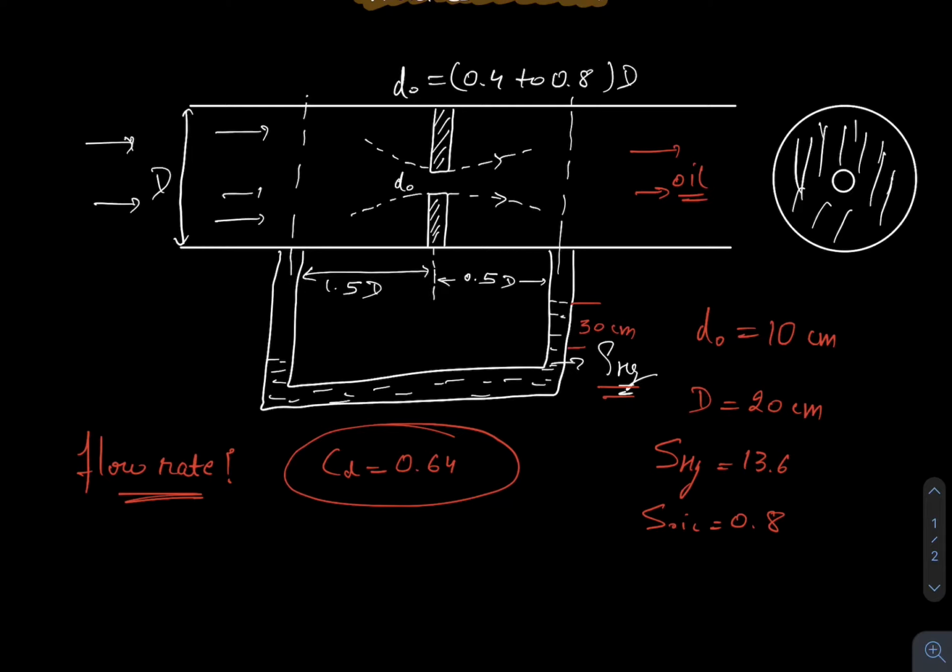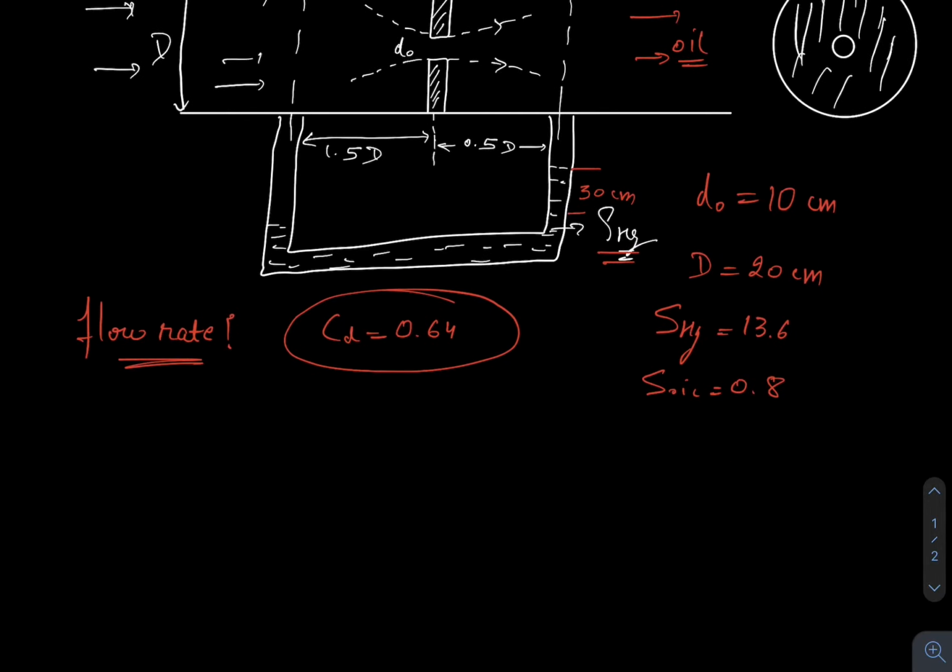In the Venturi meter we have discussed that the coefficient of discharge is generally 0.98 because there is a smooth flow. However, in the orifice meter losses are more, so here the coefficient of discharge is quite less, 0.64. This is just an example, it can vary, but it's an indication that it's an inefficient device compared to the Venturi meter. Fine, so let's now write the solution.